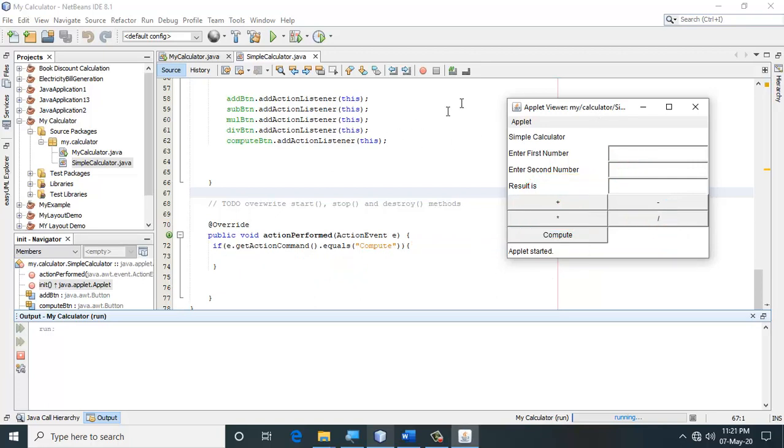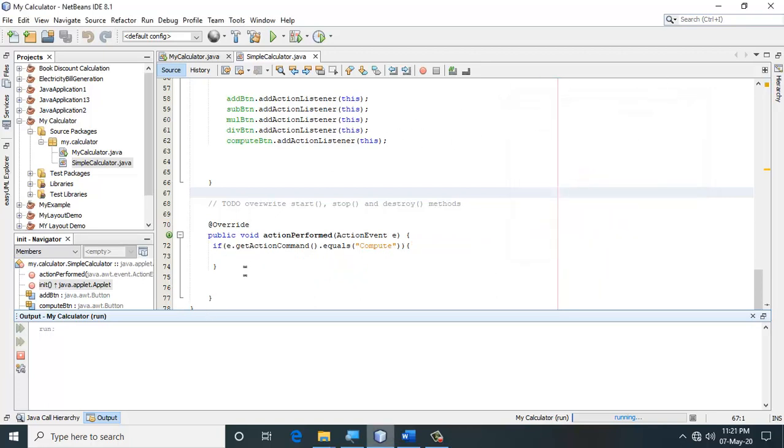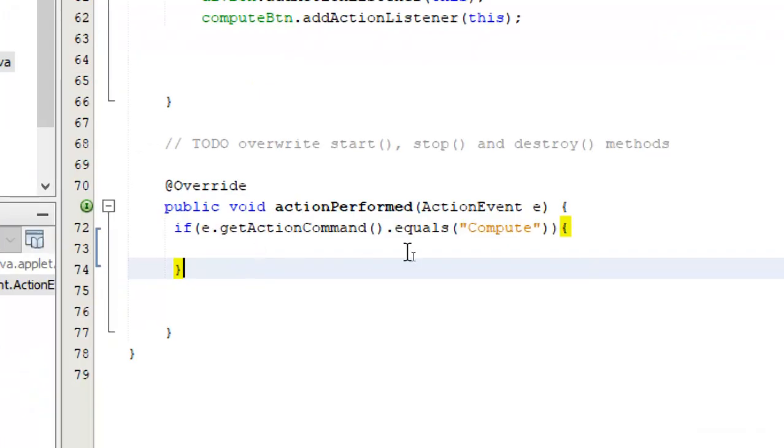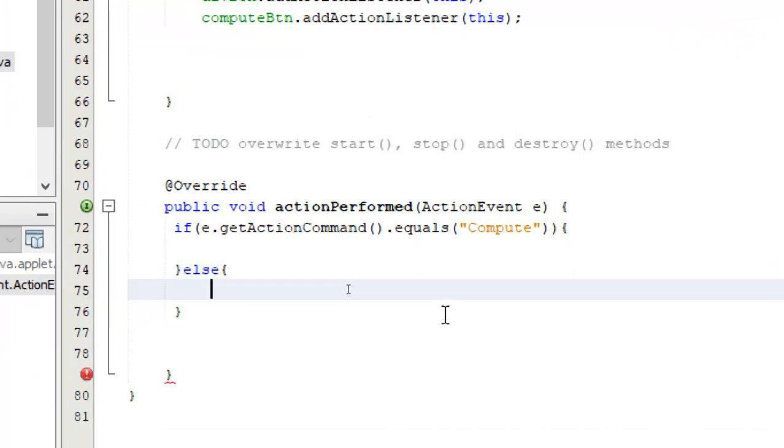That is why I distinguish between the compute button and the other set of buttons. So if it is the compute button, I am supposed to do the calculation. Otherwise, I am supposed to know which operator I need to use.